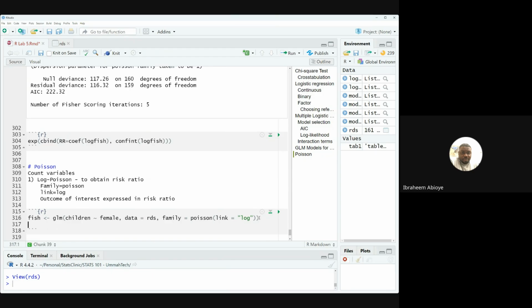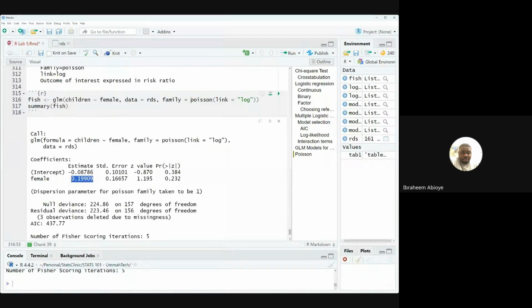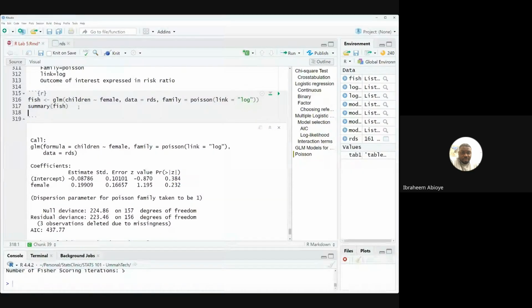So we can run this model and ask it to present the results. This is what the beta estimate looks like, 0.199, and the p-value is 0.23, which tells us that this is not significant. But if we wanted to obtain the risk ratio,